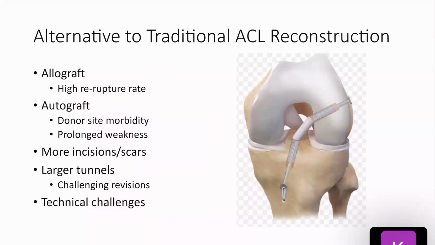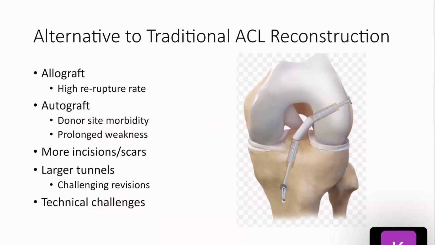And ACL tears are often treated with ACL reconstruction, where the torn native tissue is replaced with graft, either an autograft or allograft. And this has been found to be an effective procedure, but of course it has some drawbacks. Allografts have been found to have a high rupture rate, especially in this young patient population. And with autografts, there is donor site morbidity and possibly prolonged weakness due to violation of tendons and other